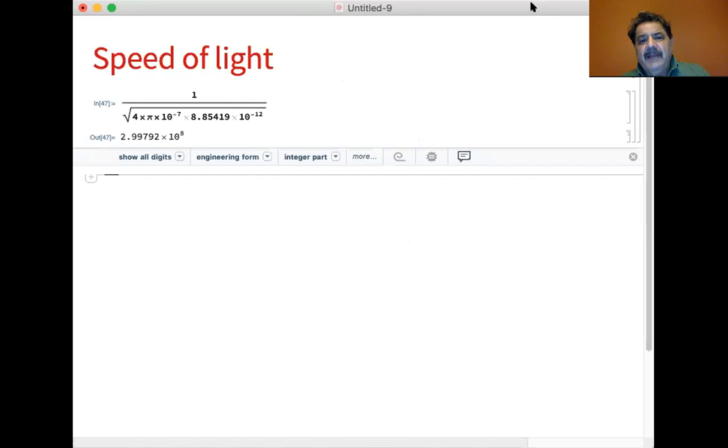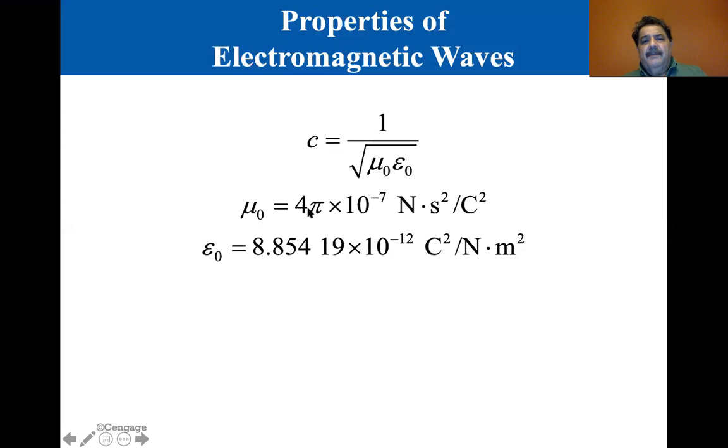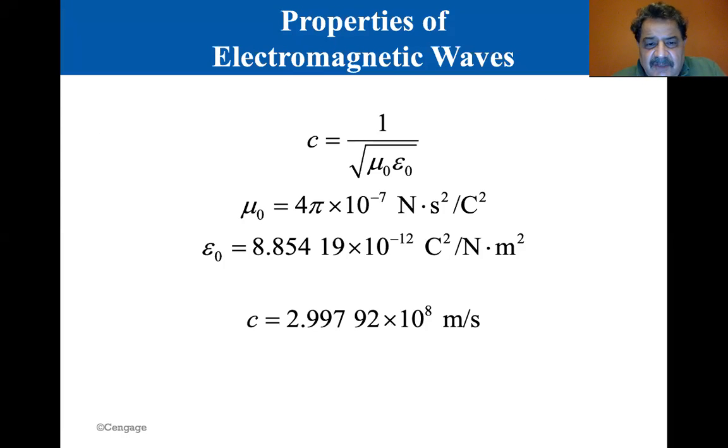And back to the PowerPoint, c is equal to 2.99792 times 10 to the 8 meters per second. Well, for all practical purposes, we use 3.0 times 10 to the 8 meters per second, and that's good enough to get the speed of light. I mean, for all calculations, for wavelengths and stuff, the 3.0 times 10 to the 8 meters per second